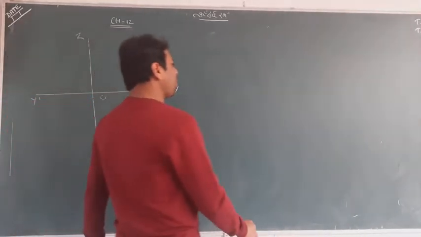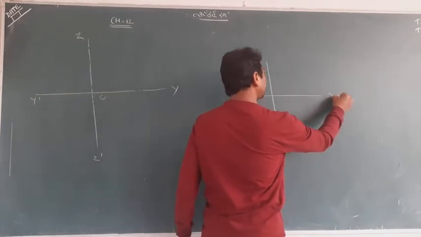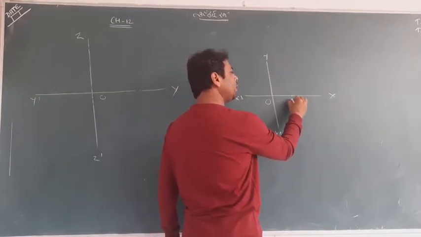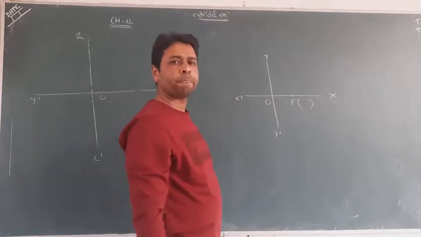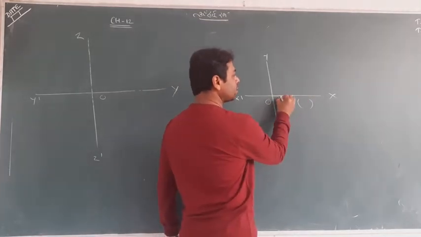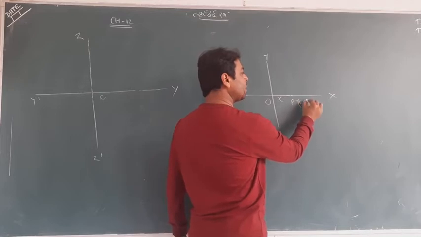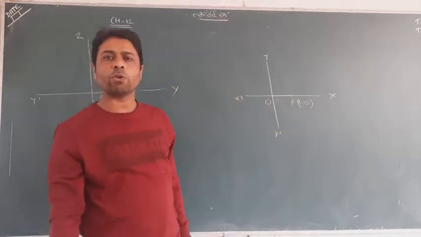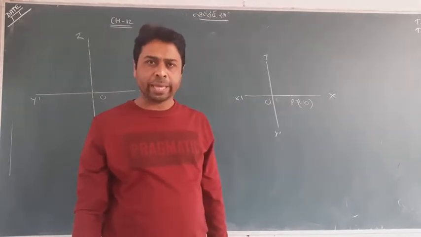Can you compare with the 2-dimensional and 3-dimensional geometry? We have a 2-dimensional geometry. What do you think about any point on the x-axis? Suppose this distance is x, so this point will be x, 0. Why? Because we must know that the y coordinate is equal to 0 on the x-axis.